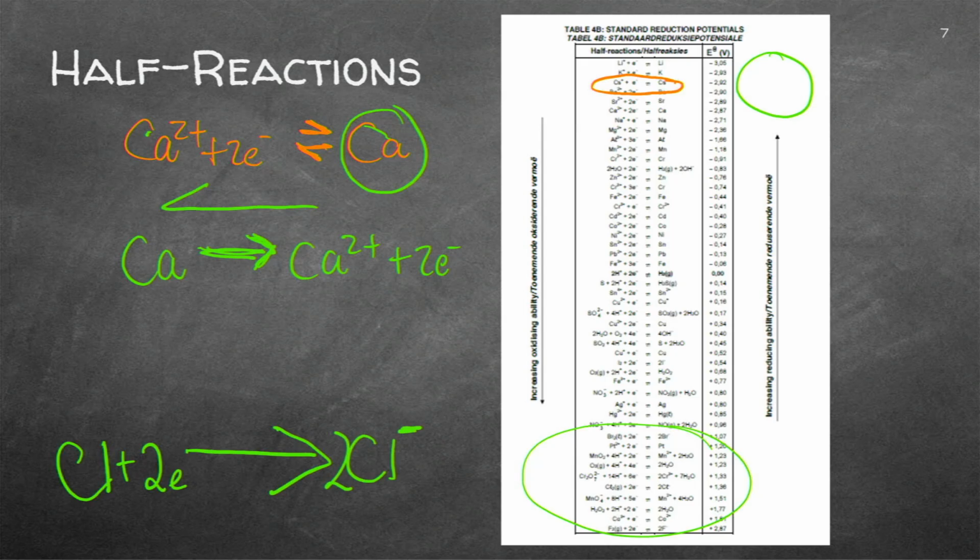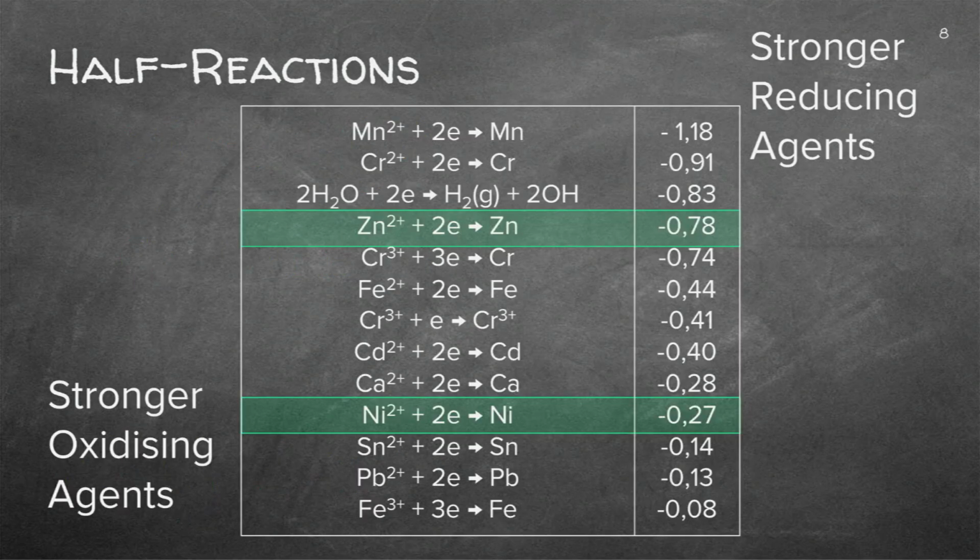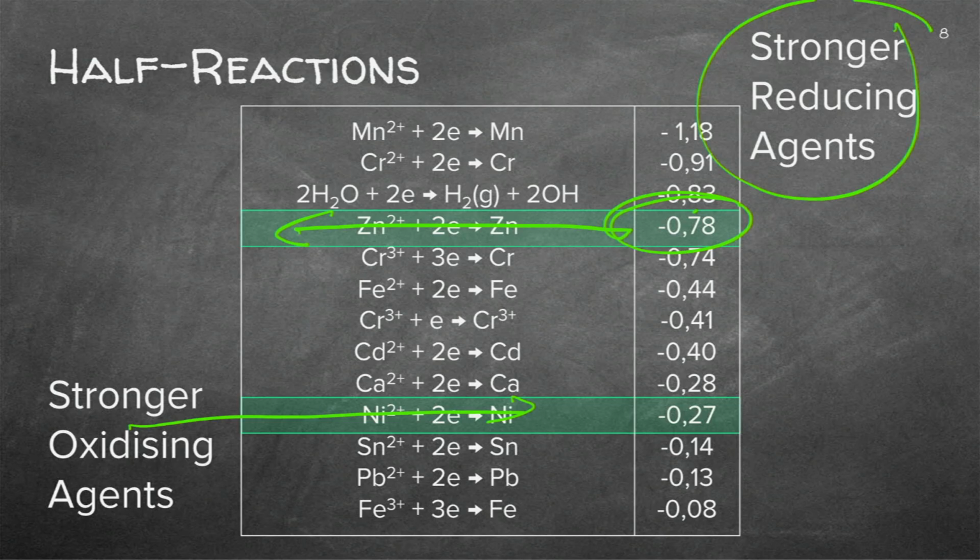That will be your reduction reaction. It's a gain of electrons, and again, just one arrow. Right, let's have a look. The stronger reducing agents, I'm just reminding you, at the top here, that will go that way, this will go that way, and remember that you'll only use the one arrow.